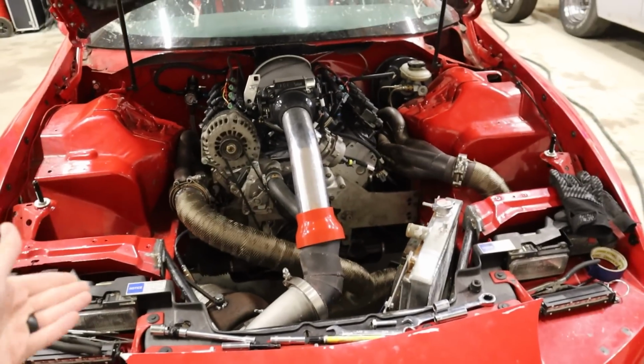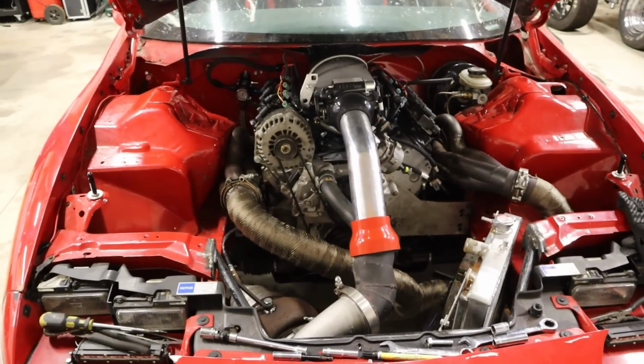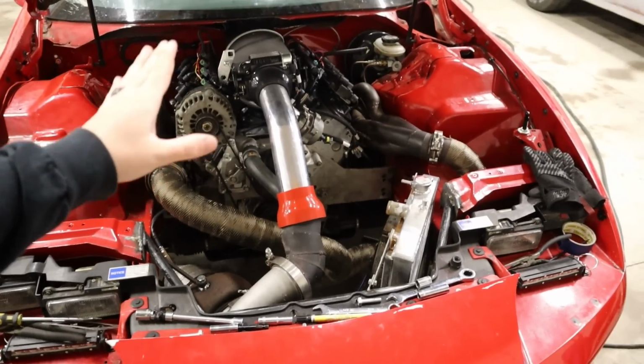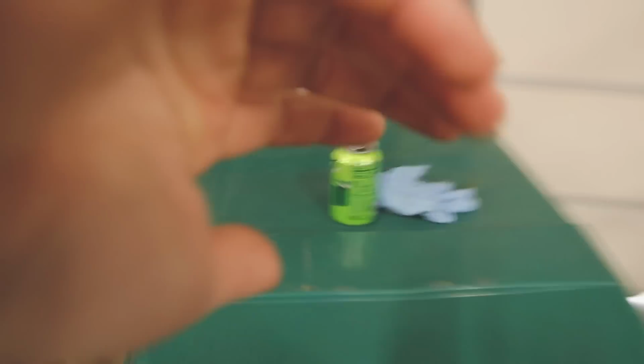I'm trying to cover a lot of stuff that isn't directly related to LSs, because I know that not everybody likes LSs. And truth be told, I know this is going to shock a lot of people. I don't think the LS is the best engine there is. I'll hold for the gasps. I don't think it's the best engine. I think that as far as making power and not spending a ton of money, I think it is one of the best options. But I think as far as just strictly best engine, that's probably...